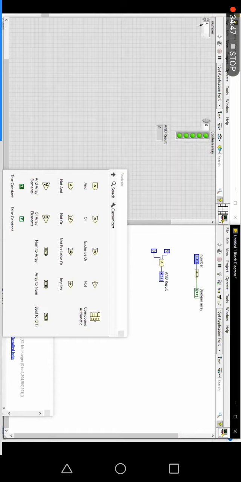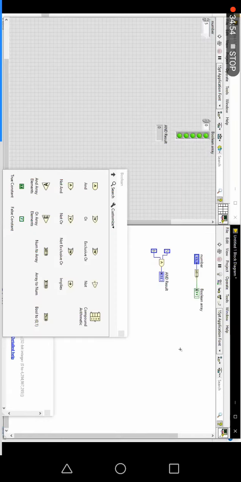So for the value 5, what is the boolean value you will get? Let me go with this so it can be seen clearly. For the value 5, the boolean value follows 1 2 4 8, and keeps going 16. Let me write it here also: 1 2 4 8 it will follow.